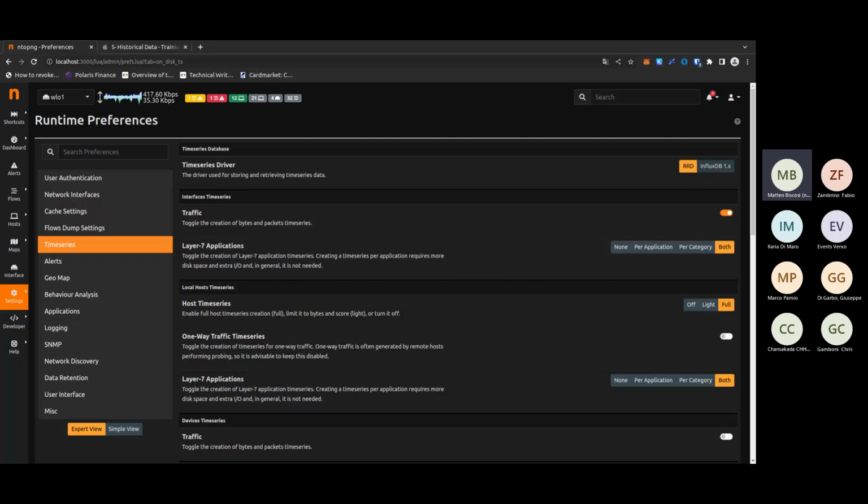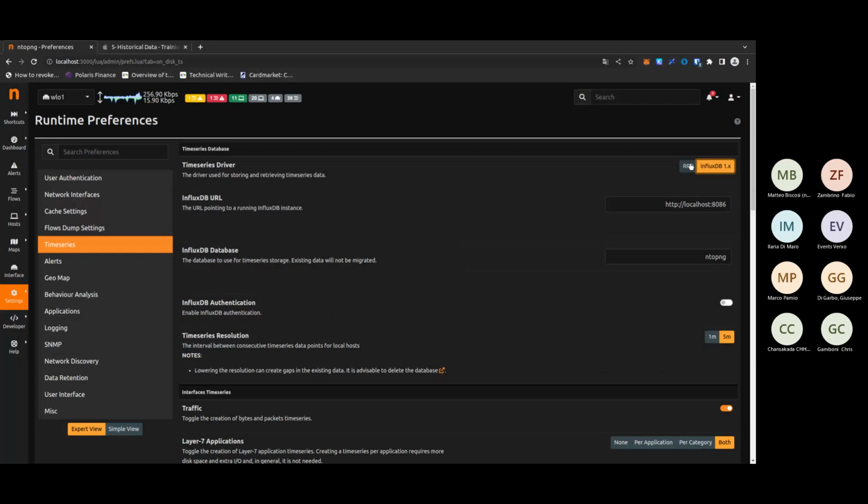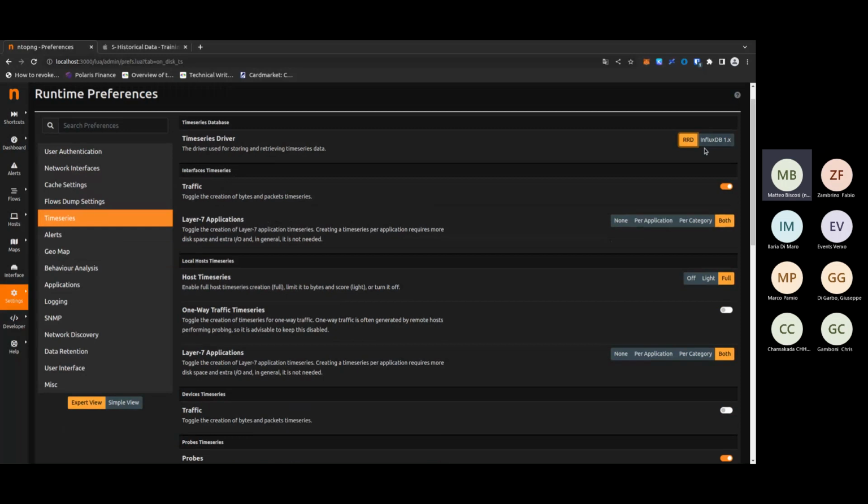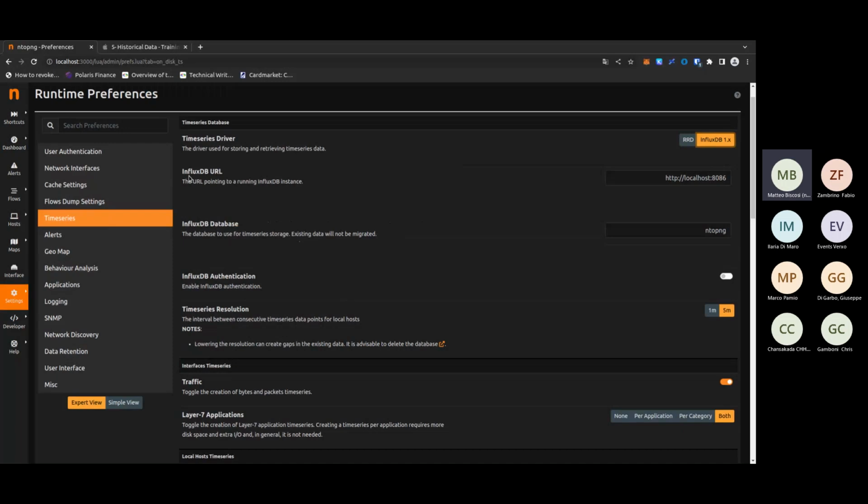Currently, we support just InfluxDB version 1.1, because version 2 has had some bugs and so on, so we decided to not support it until now. By using RRD, you just do not need to configure anything. Instead, by using InfluxDB, you have to add the InfluxDB URL, the Influx database name, the authentication if you have it, and